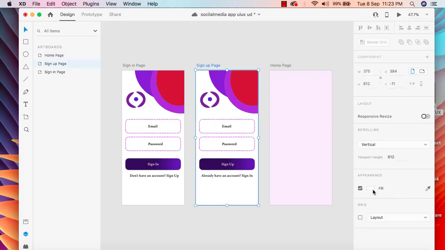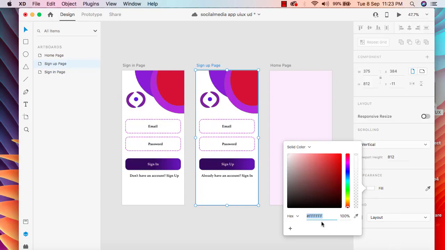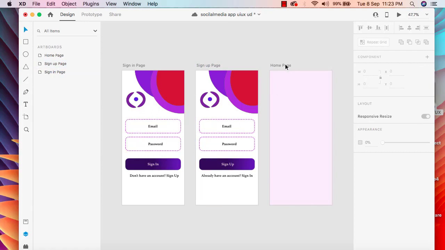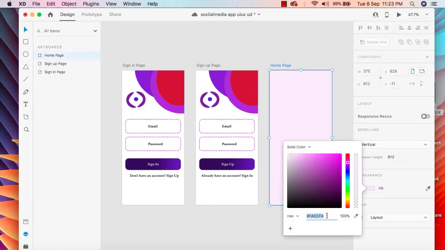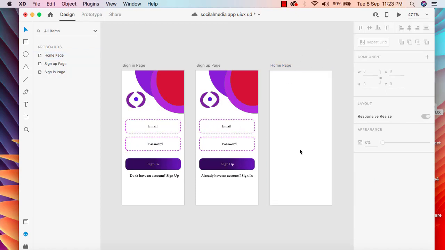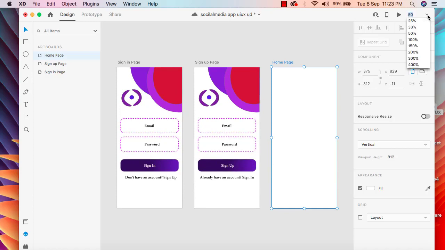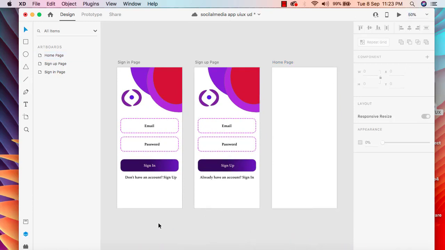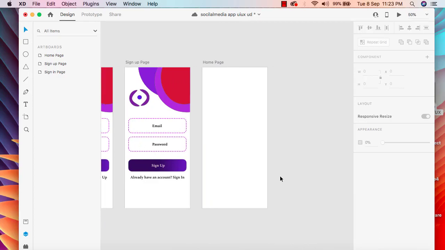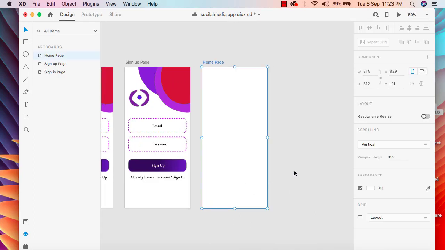I'm gonna click on this one so that I can get the code from here. I'm gonna copy the code and then click on this home page, and in here I just need to paste the code, and here you go. So I got the white screen here, and I would love to increase this height. Alright, so now in here we need to add